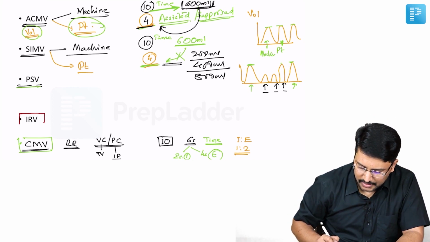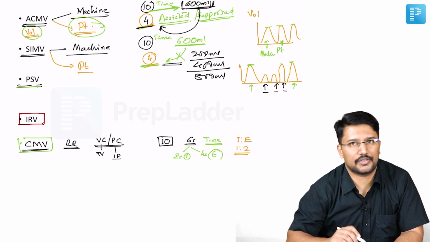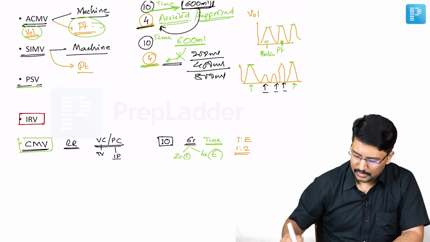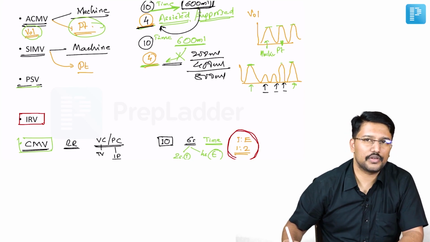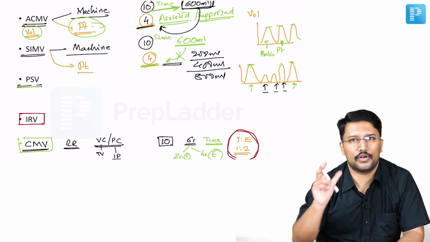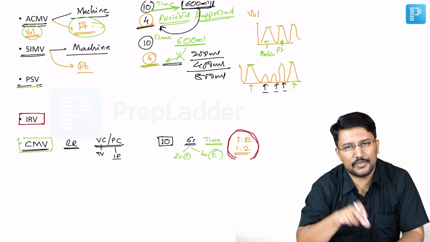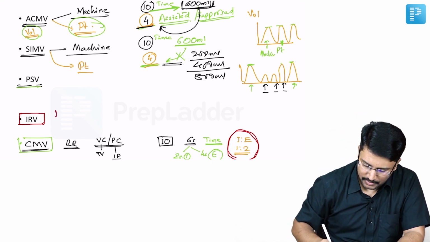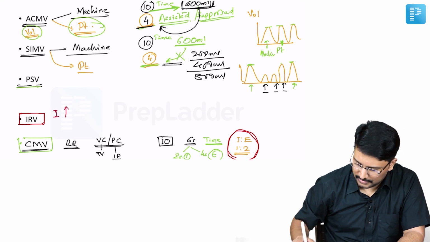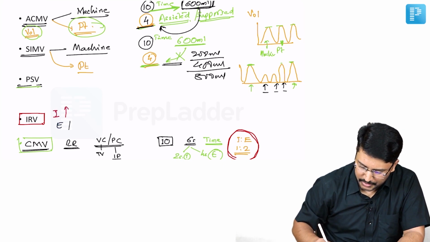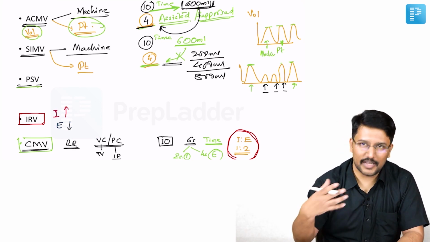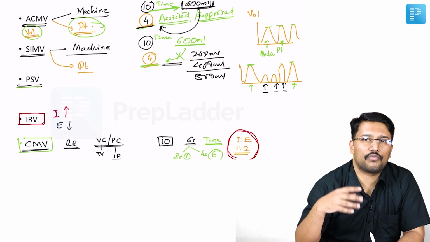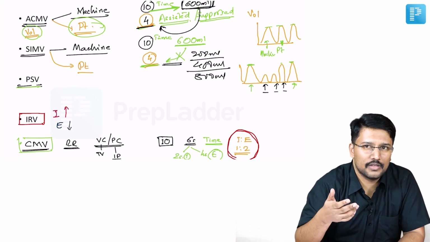The last thing that I have listed here is inverse ratio ventilation. Normally, as we talked earlier, there is an inspiratory and expiratory ratio which is usually 1:2 to 1:3. So we have a longer expiration, shorter inspiration. But in inverse ratio ventilation, inspiratory duration is increased and proportionately expiratory duration is lowered. If I ask you what is the need for such a modification or what is an indication for such a mode of ventilation, you should be able to answer.